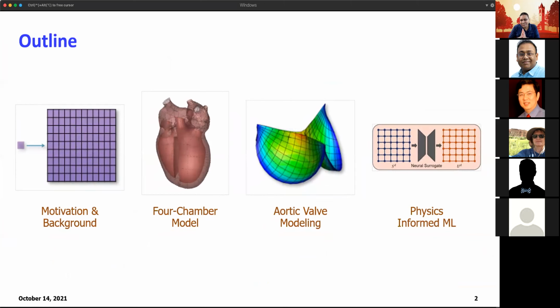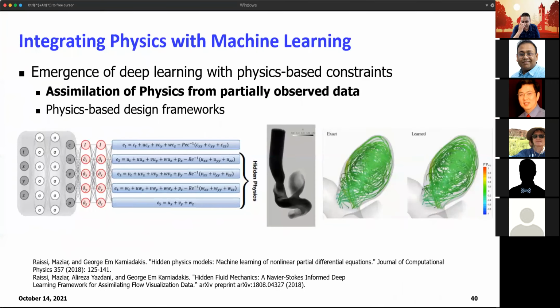So till now, I've been talking about traditional analysis and then a data-driven workflow. Now what we have been looking at in the future is what is called physics-informed ML, where you also remove the data requirements. You can essentially embed the physics into the neural network model, which can reduce the amount of data that you would need for training a particular model. And this has been